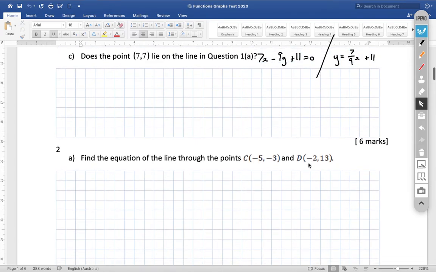So what I need to now figure out is if I was to put a 7, an x is 7, into this equation, do I get a y of 7? Or, using the general form, if I make the x and the y 7, does it really equal 0? If it equals something else, this point does not lie on the line. Maybe it's easier to use general form. So we could say sub, as in substitute, into equation